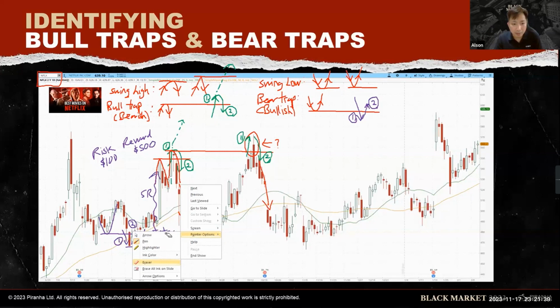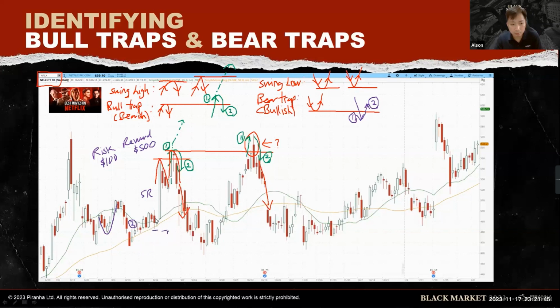So next, maybe I can erase this away so that you can see clearly for the next one. Okay, so this becomes a swing low by itself, right? And whether you call it a U or V doesn't matter. It's the same. The key thing is that you want to see price goes down and then goes back up. That will be our swing low. Then you draw a line across.